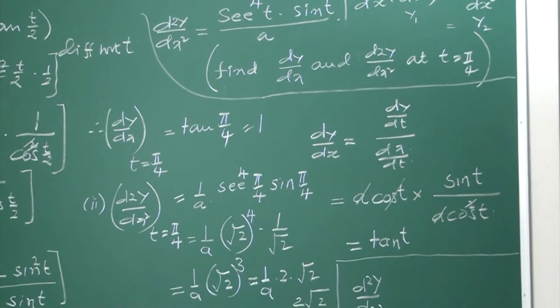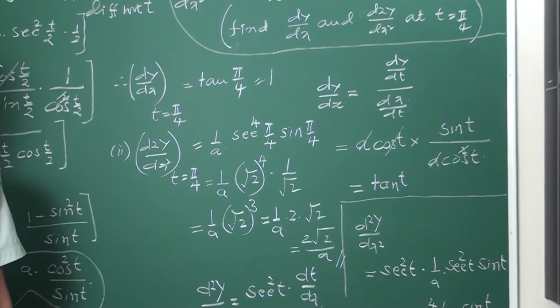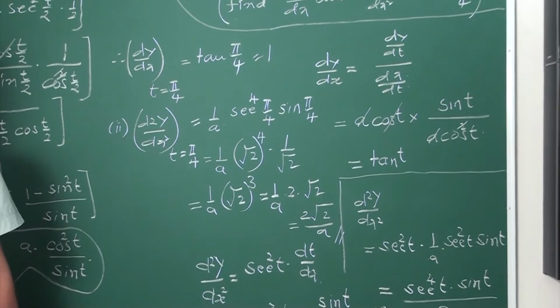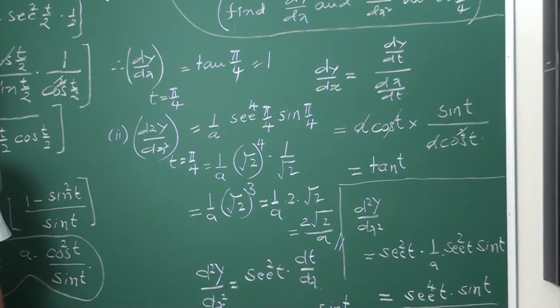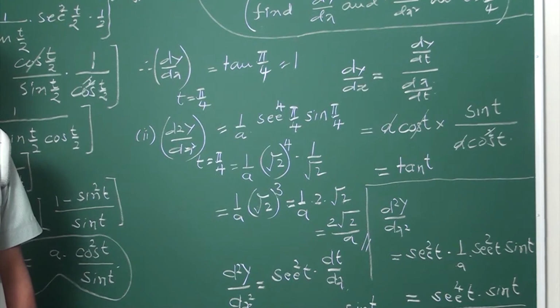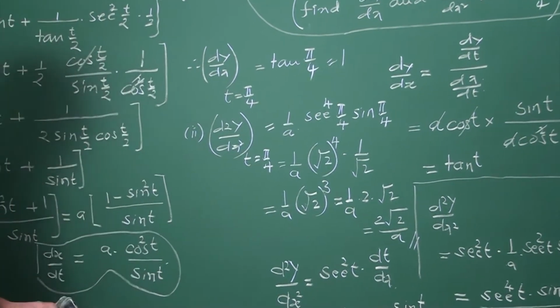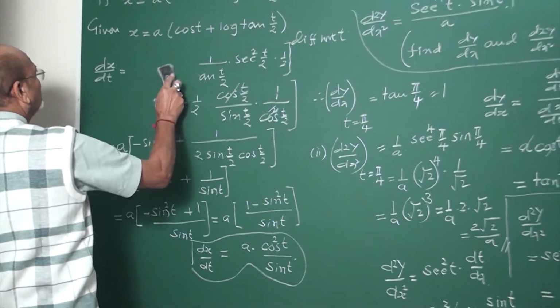Good example. Then on parametric, I have done dy by dx. Only the second derivative we have to do, just that part, one example. Anyway, the first part is done. Refer to the first part. Then I show only the second part, that means d2y by dx2. Then another good example is